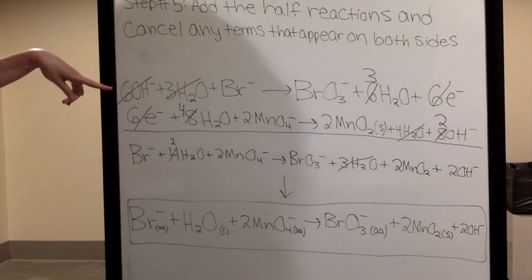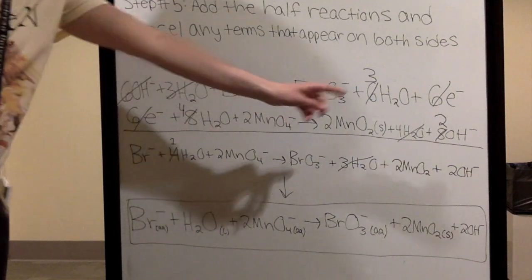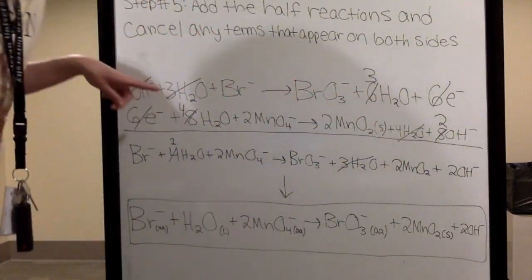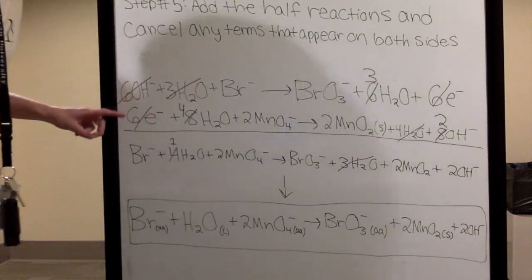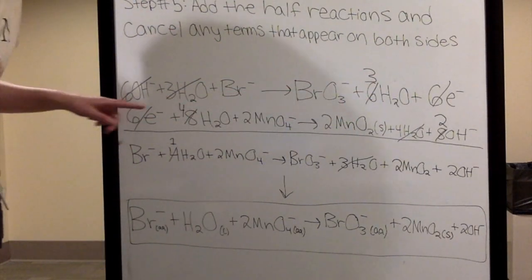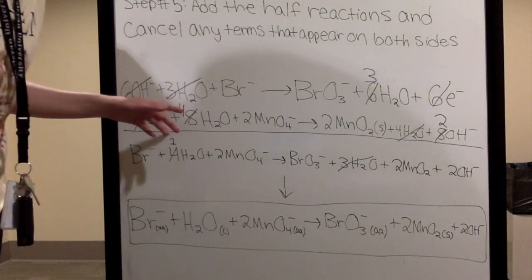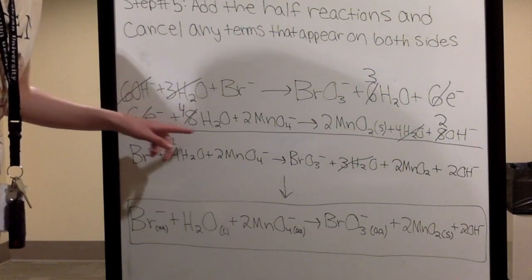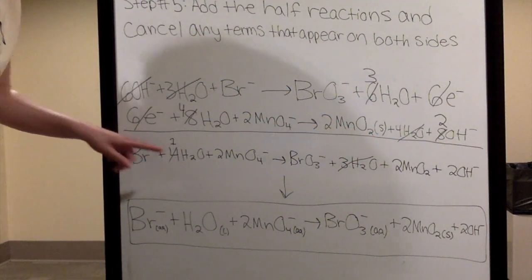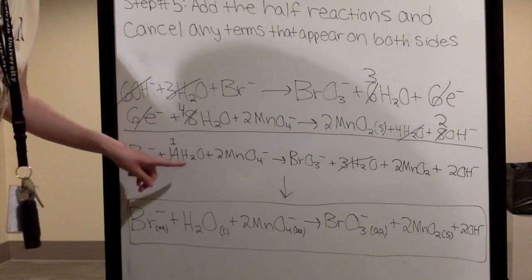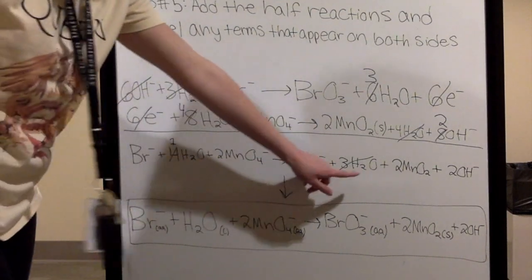The 6 hydroxides would cancel out on this side, leaving you with 2 hydroxides here. The 3 waters would cancel out, leaving you with 3 waters here. The 6 electrons would cancel out completely. The 4 waters would cancel out here, leaving you with 0 waters on this side. Bringing the reaction down, you would cancel out 3 waters on this side, leaving you with 0 water on this side,